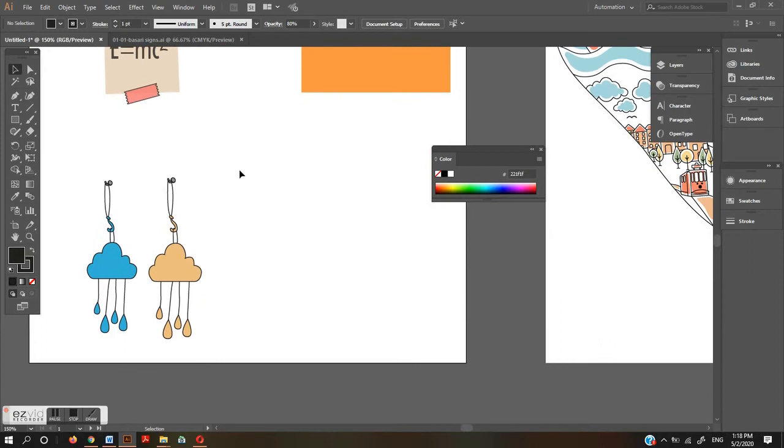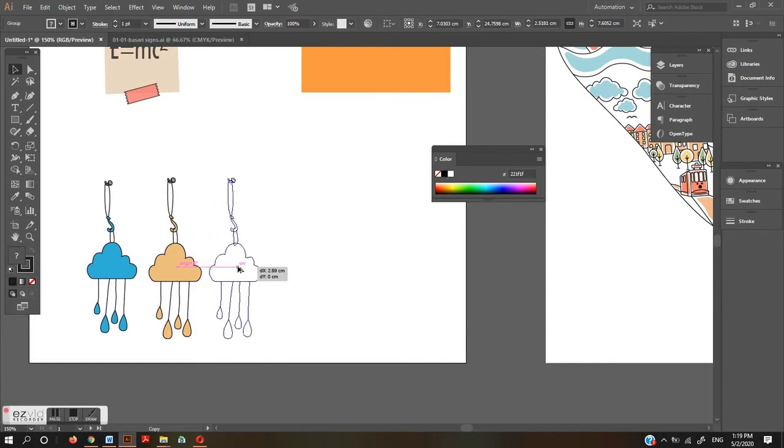Tip number 3. Copying your object quickly. There's a great shortcut in Illustrator for quickly copying objects. Simply select your object. Using the Selection tool, press and hold Ctrl and Alt at the same time, and you will see a plus sign right under your cursor. Now you can click and drag